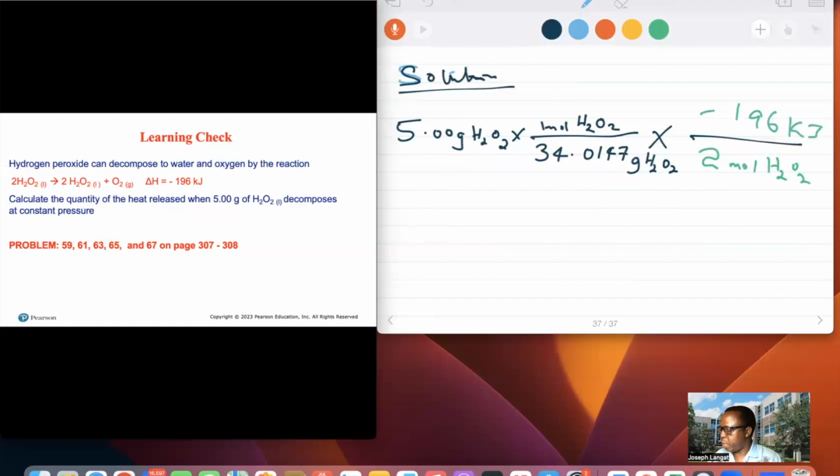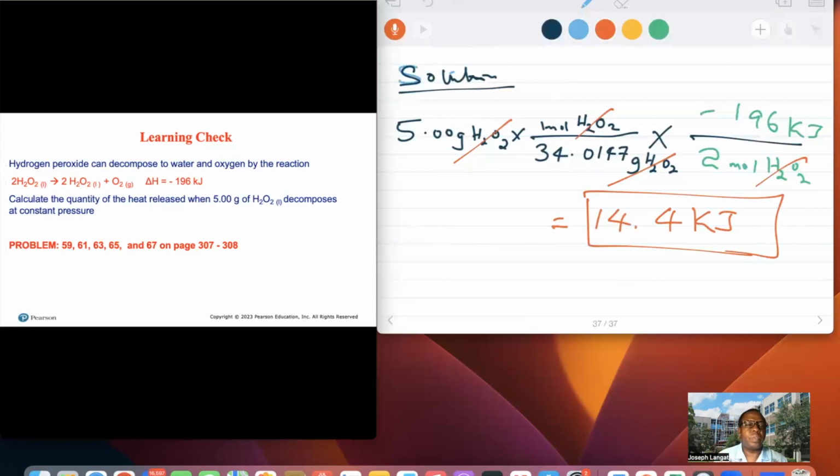Look at what is happening with the unit reconciliation. It reconciles, and we remain with the answer in kilojoules, so this is going to be 14.4 kilojoules. 14.4 kilojoules will be released